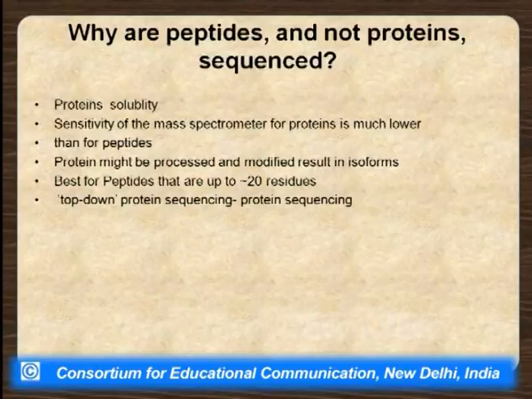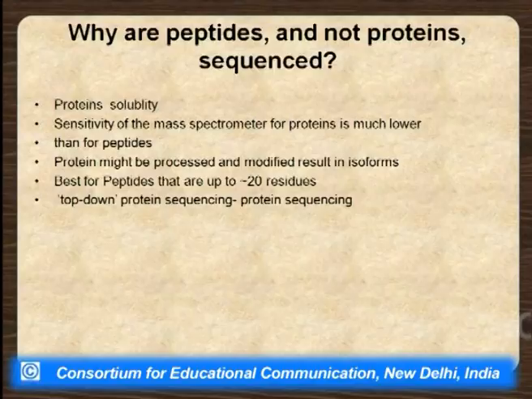So, what is the starting material for doing a mass spectrometry experiment? Here also we start off with the peptides. We need to take the protein and fragment it, and these are then used in a chromatography and fed into a mass spectrometer. We need peptides and not proteins, because proteins will have issues of solubility and they have areas of hydrophobicity, etc. And if we fragment them to smaller peptides, most of these issues are resolved.